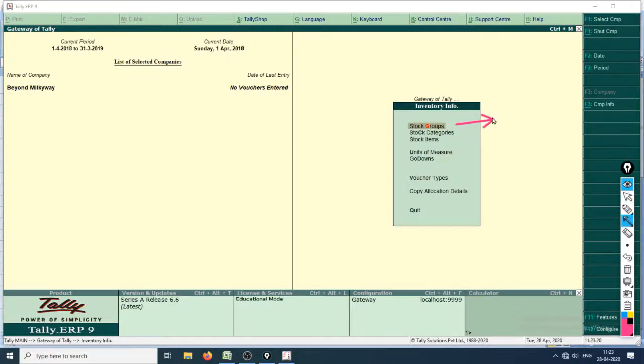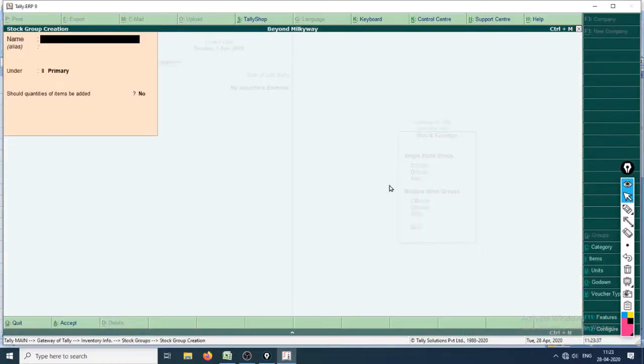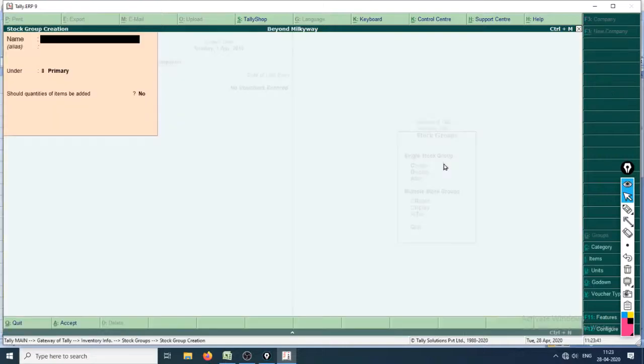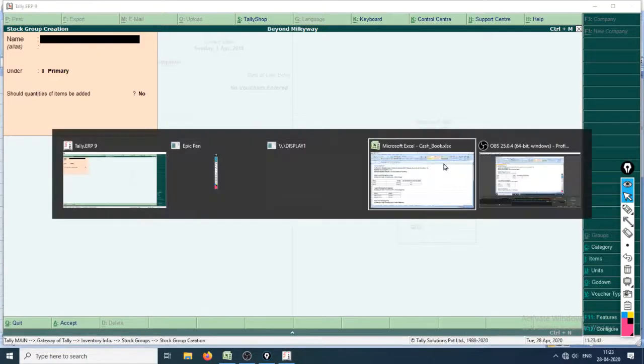Now let's hit stock groups, enter, and create. Enter C, create.